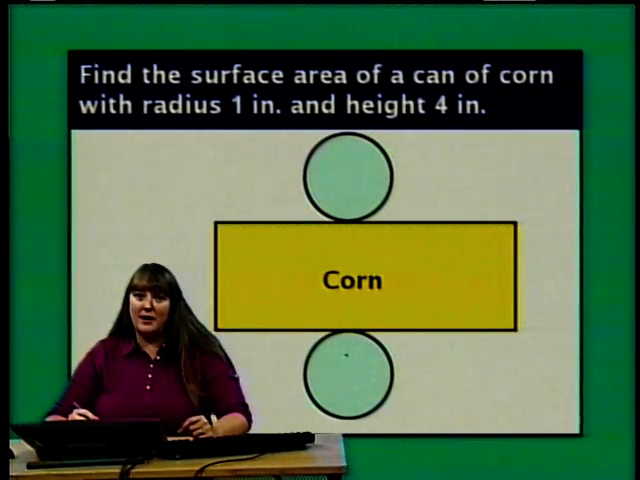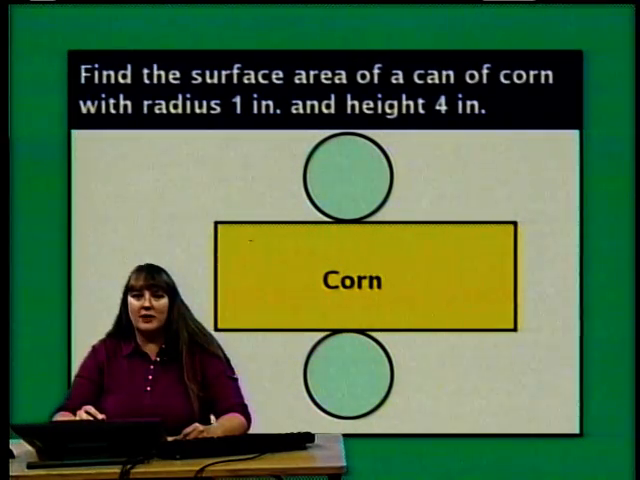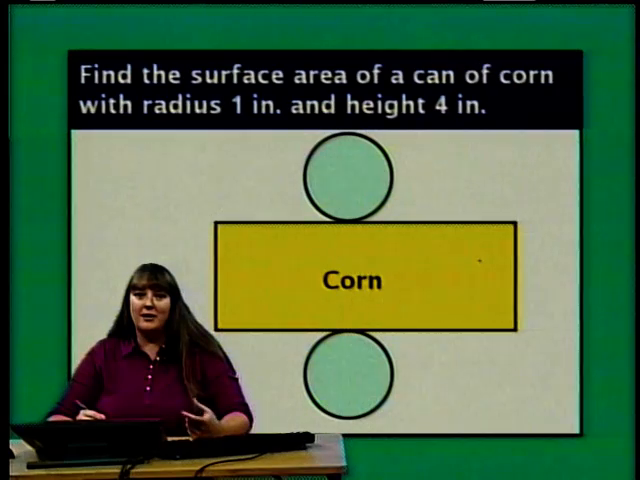Well, I know how to find the area of a circle, so I'm not going to have any problem in my surface area formula finding the area of the top and the bottom of the can. I also know how to find the area of a rectangle. Well, in this rectangle, I know that the height is 4 inches. What I'm worried about is what is the length of the long side on this rectangle? Well, I have to think about where did that long side come from. Before I cut the can